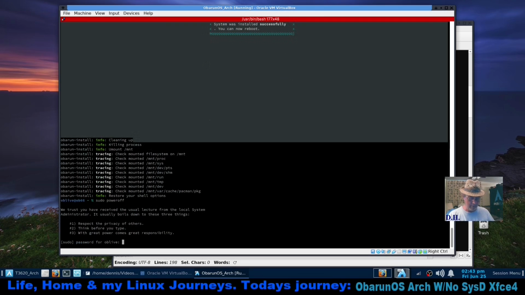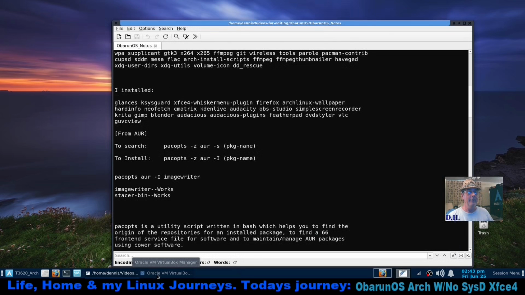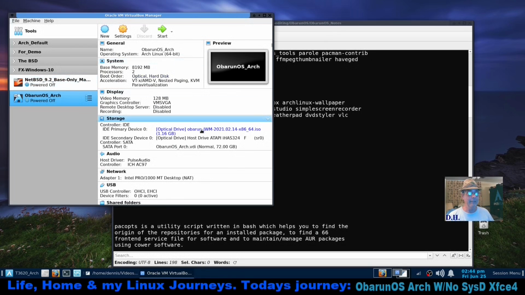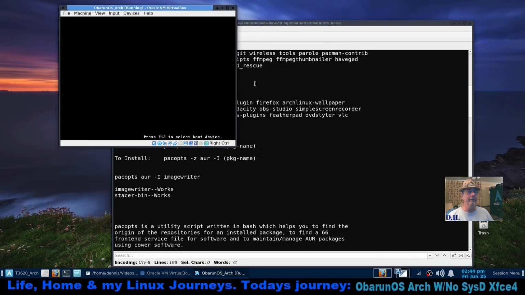Password is toor. Oops. Hard to say, root, type toor. All right, let's get rid of that ISO. Check it. Click on the Start button, and we're going to have to reset the